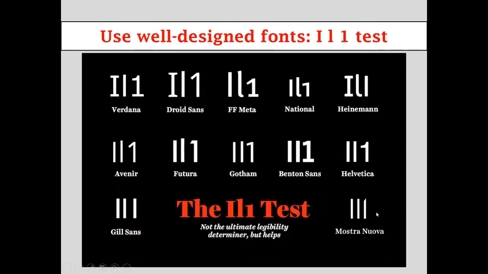So I was telling you about similar looking characters. This is called the Il1 test. You can see that some fonts do very well, some fonts do very poorly. I mean, you take Gill Sans, and it's very difficult to tell apart which is which character, whereas you see Meta or National, they do a much better job of distinguishing between similar characters. So again, if your document demands this, then you need it. For instance, let's say you are giving a lot of URLs. In that case, each letter has to be distinct because context is not an adequate clue.